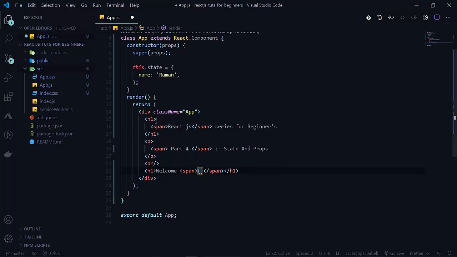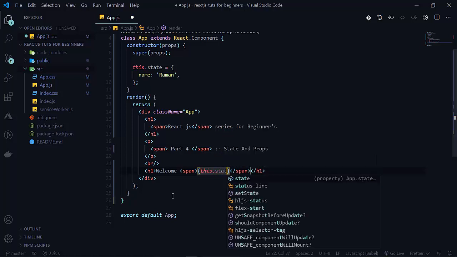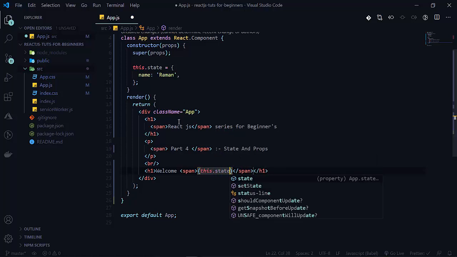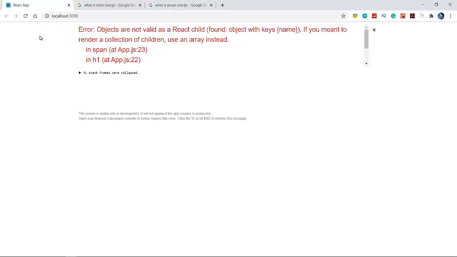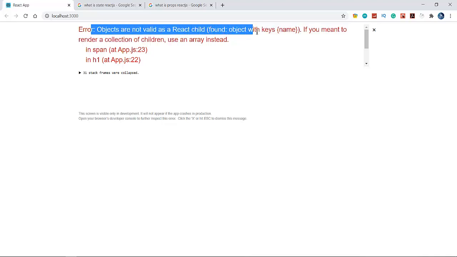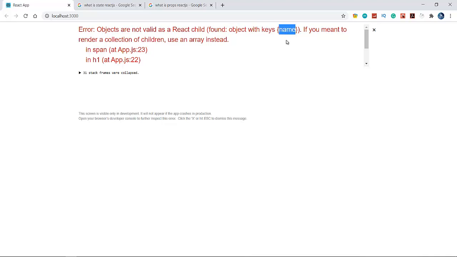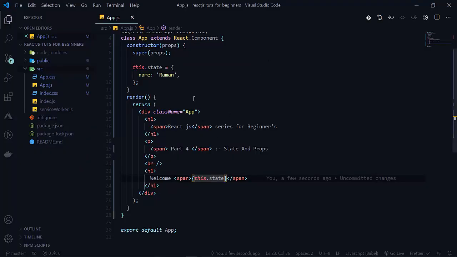So curly braces, after that this dot state, because this is a class component, this dot state, then what we want. If we are writing just this dot state, this dot state is an object here, so we did not call the key. See that objects are not valid as React child. See that object with key, there is a name as a key here, so this is not working like that.